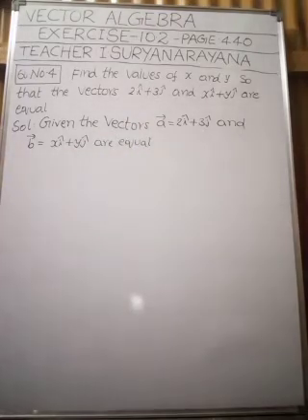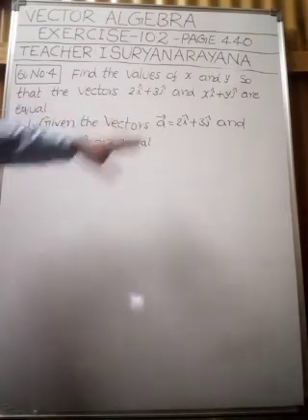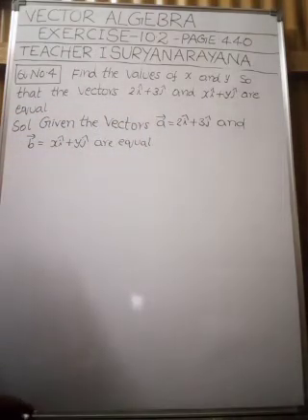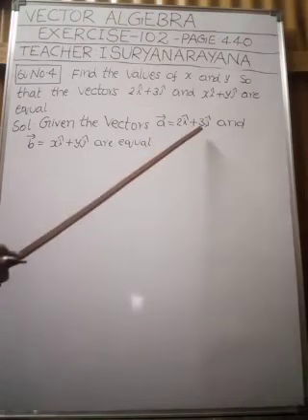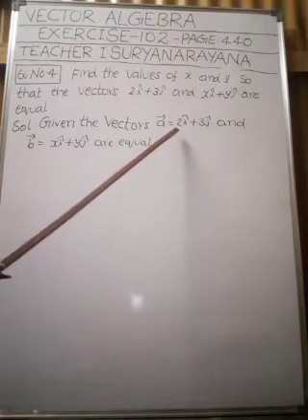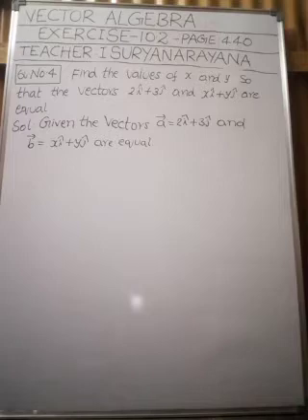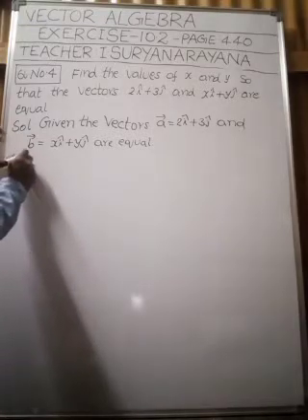Okay, my children. Now, do you remember the point? If the two vectors a bar and b bar are expressed in the component form, in terms of i cap, j cap, k cap, that is called the component form of the vector. Then the two vectors are equal if the i cap coefficients, j cap coefficients and k cap coefficients are equal. Yes or no, my children? Right. So we know that